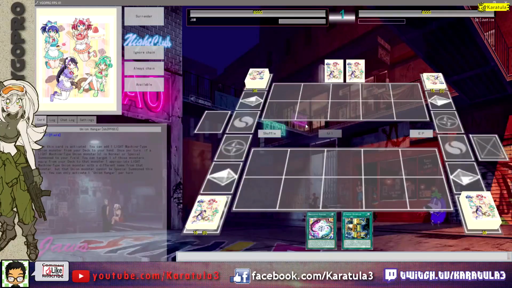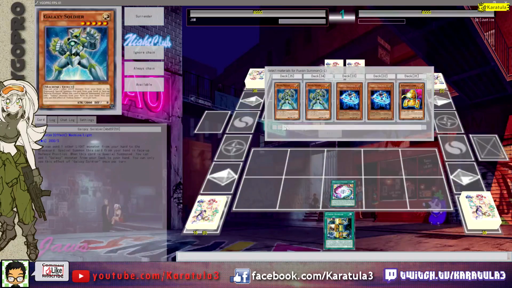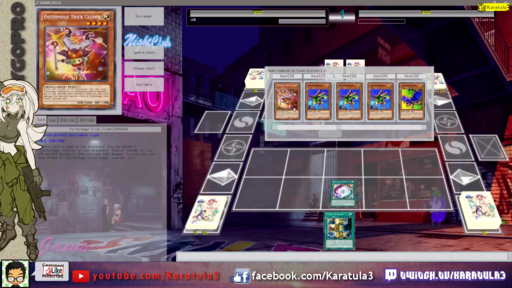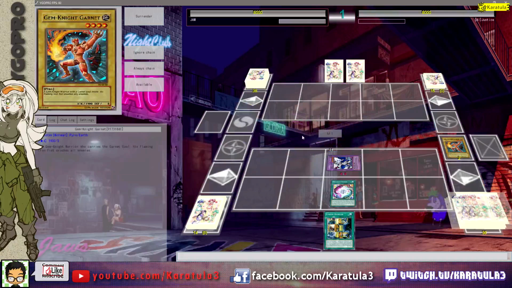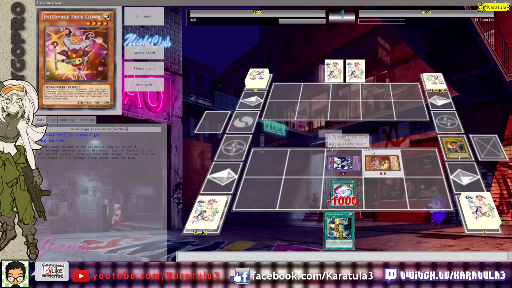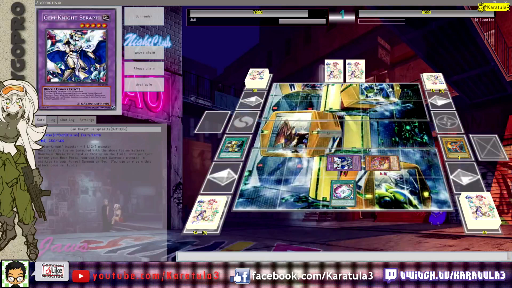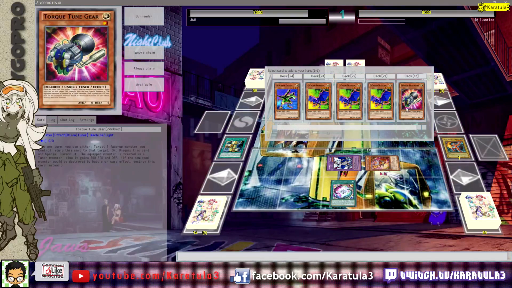Onto this combo, it involves Brilliant Fusion, which you probably imagine will work and could make you some dumb boards, and it does because Seraphonite is quite good as it can dump any light monster. In this situation, we're going to be jumping before Maze Trick Clown, summon the Seraphonite, and any Gem Knights really. So use Trick Clown's effect to take 1000, and then use the field spell to search Talk Tune Gear. Make sure you search the level 1 Union Tuner,